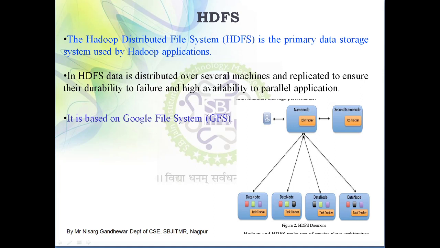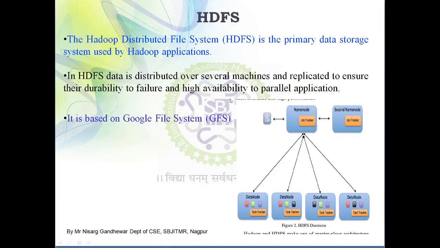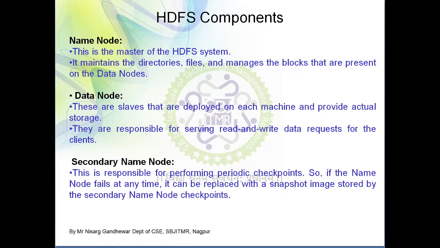So I hope you understand how HDFS will work. Now this is another diagram which is similar to the previous one, which also explains the master slave concept. As I told you, in case of Hadoop distributed file system, you have master slave architecture. In case of a master node, you have name node, and at the slave machine, you have data node. Data node is actually storing your data, and name node is responsible for controlling all these data nodes. So these are the components we have just discussed: name node, data node, and secondary name node.